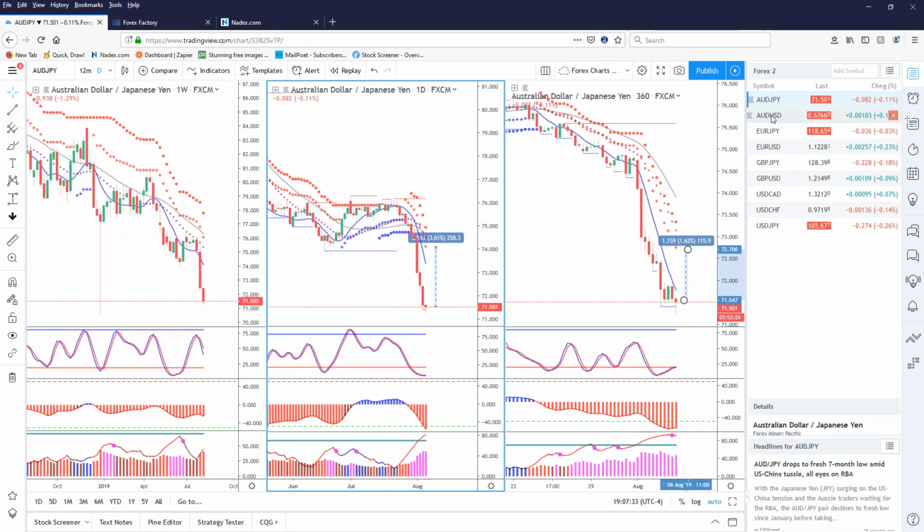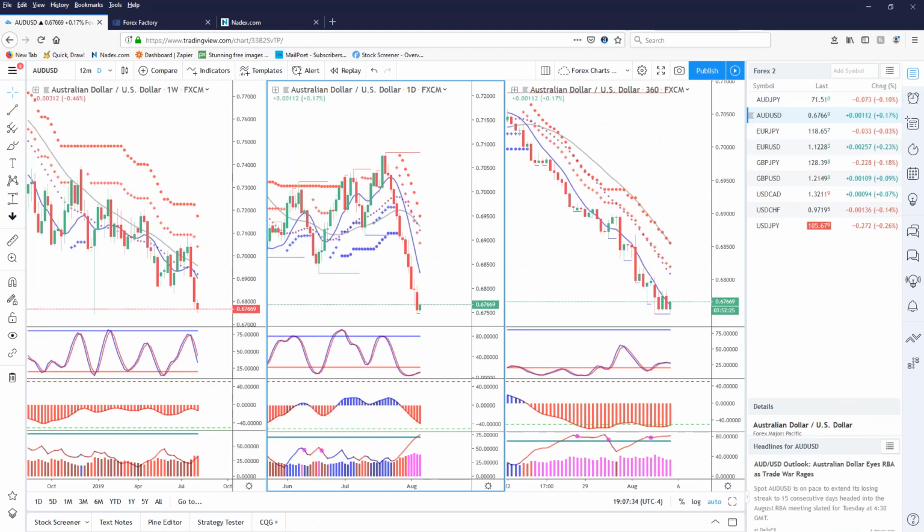Okay, let's get a look at the Aussie dollar. And on the Aussie dollar, you're seeing a lot of the similar issues. Okay, this is moving down, but this is overextended. You are below -20. You're also overextended on the ADX, okay? Anytime that you're overextended on the ADX, that usually indicates a retracement is likely, okay?